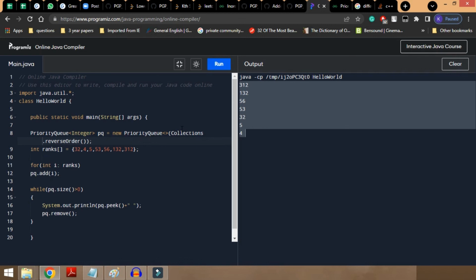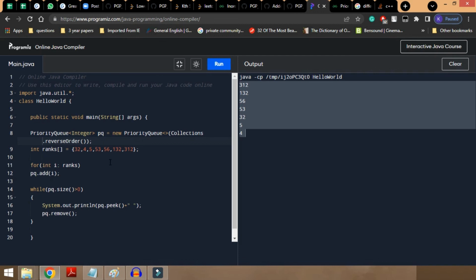I hope you got the basic understanding about the priority queue and the heap data structure. So it's just an abstract data structure. There is just the functionality that we are following over here. Inside of this priority queue, there is a functionality that we have set up so that it gives us the output in the fashion of some kind of a priority. If you want the sequential data in an increasing order, then definitely you just go with the default setup. Otherwise, you can reverse the data by using the Collections.reverseOrder method that you can mention over here. And addition and deletion have log n complexity,